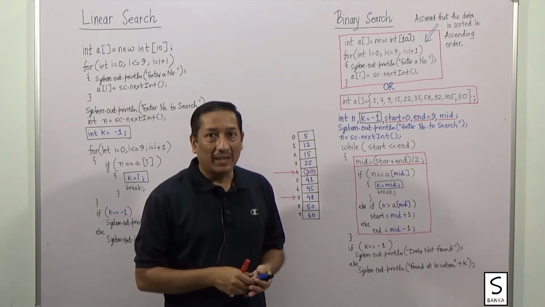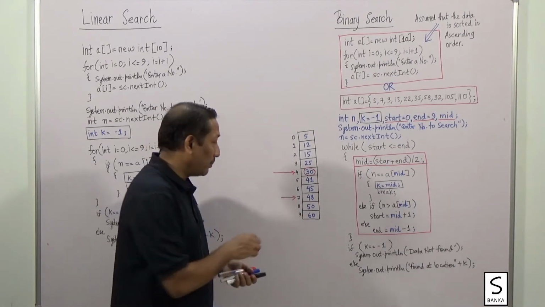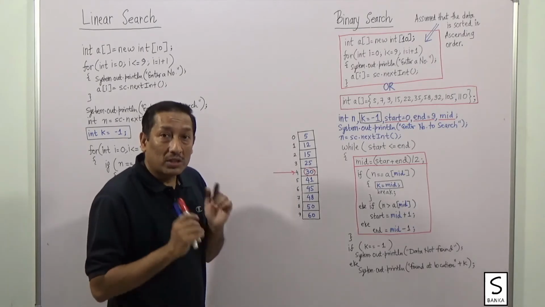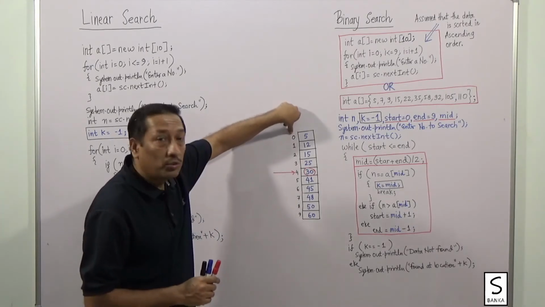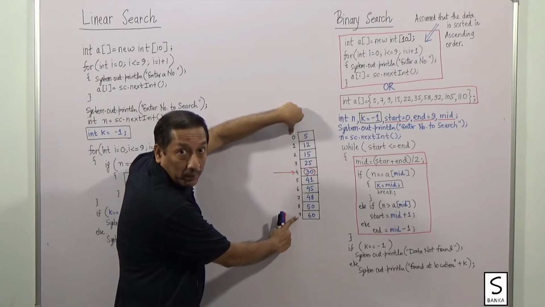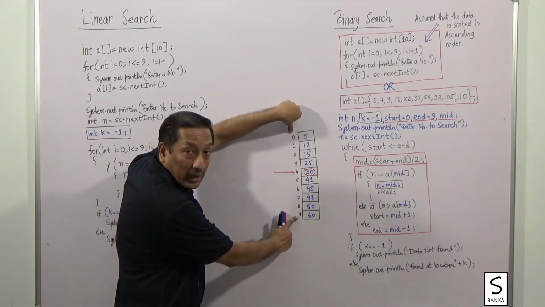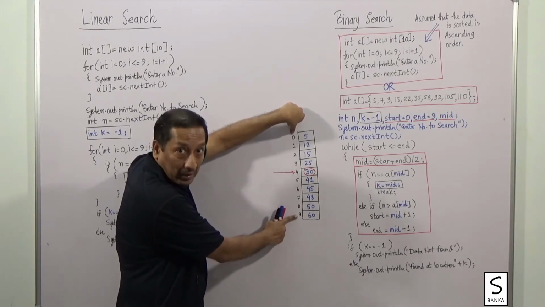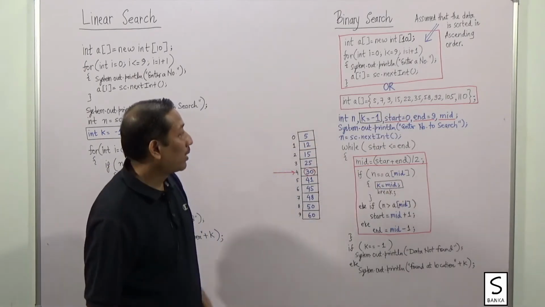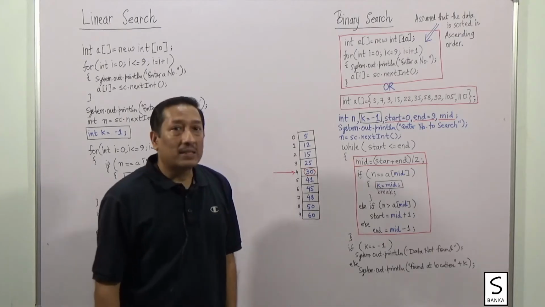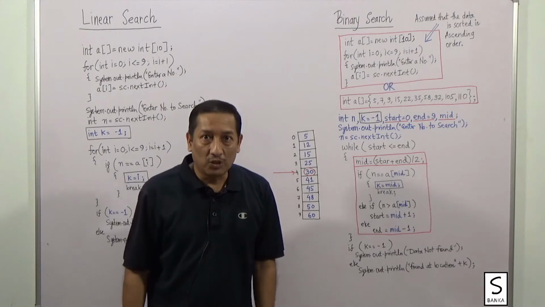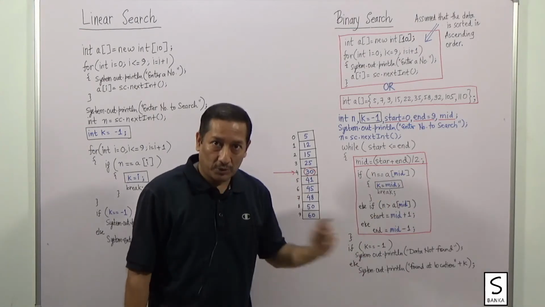Now what does start contain? When you begin your program, you need to search the entire array. So start indicates the location from where you need to start searching, and end indicates the location up to which you need to search. So obviously, in the beginning of the program, start will be 0, end will be 9, or whatever the last location of the array is. Mid we will see right now. Then we write a loop: while start is less than equals to end. Right now we will ignore the condition, and we will simply run the loop and see what happens.